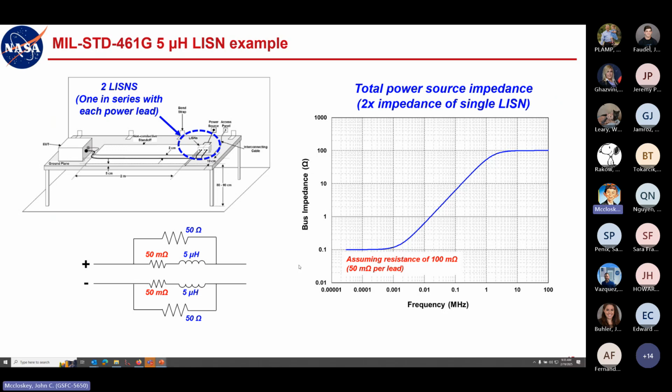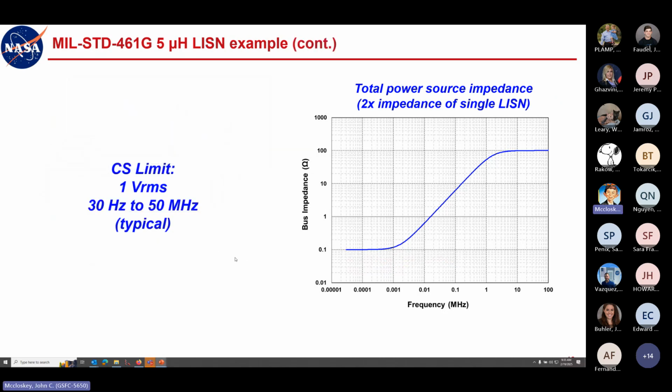Okay, so here's our LISN impedance, total LISN impedance for 2 of them. So going back to our default conductive susceptibility limit of 1 volt RMS over this frequency range, that's really where you need to start, right? Because